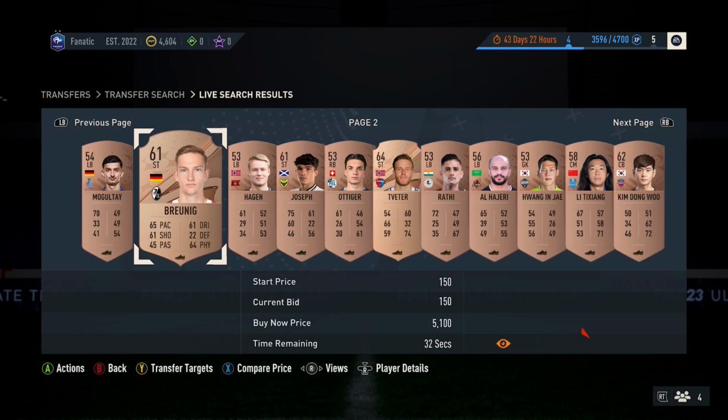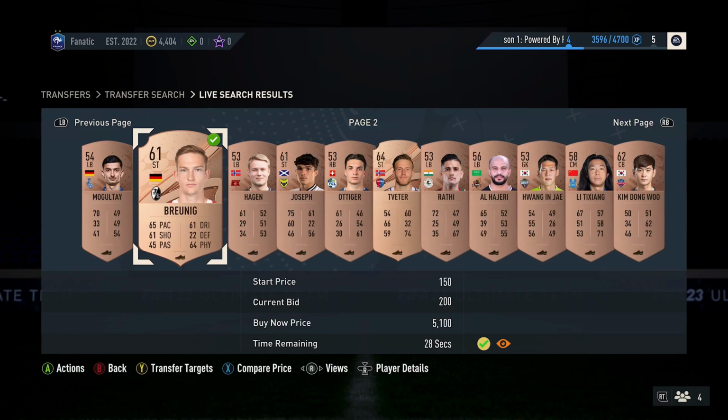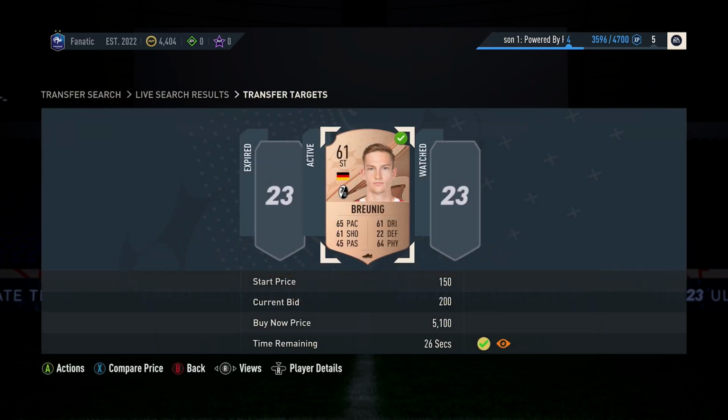You just want to hold right on your controller, carry on going through the players until you find a player with a bid on. If they have a bid, it's a good indication that they are listed lower on their bid price than what their current lowest buy now is. And you can easily find this out by adding that player to your watch list and then comparing the player's